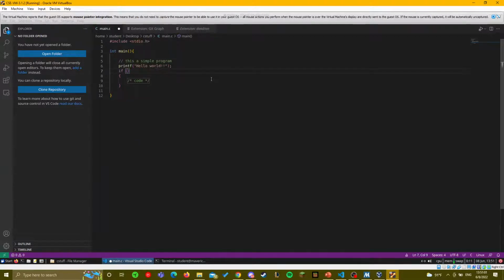So it's like if value 1 is equal to 1, then do printf value is equal to 1. Here. And then if you put int value 1 is equal to 1, that should be good. So if you just compile this again,